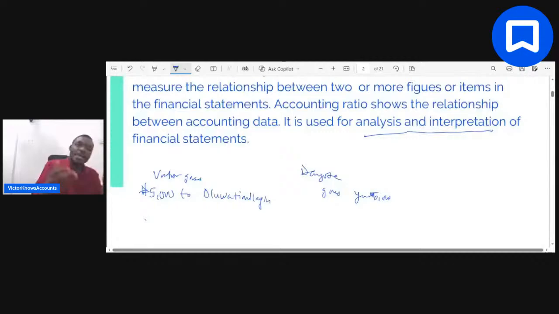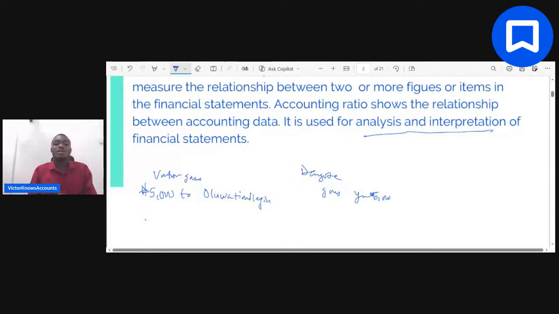Assume that I came here today in this class and started speaking French. You might not understand French, so I would have to interpret it. When you bring accounting information to some people, it's always messy. Nobody, especially an investor, wants to read your long tables. For very large companies, you have a lot of numbers thrown from here and there. If you see their financial report, you are seeing 50 pages, 80 pages, 100 pages, and you're like, what's going on? Do you expect me to read all of these things?